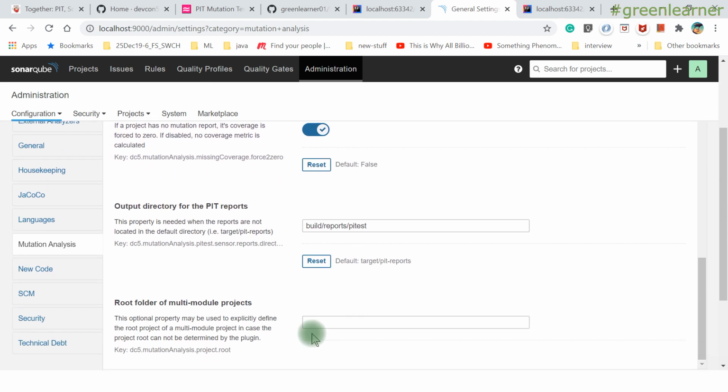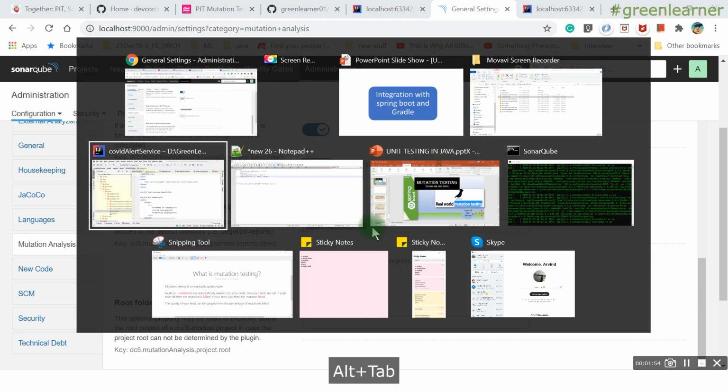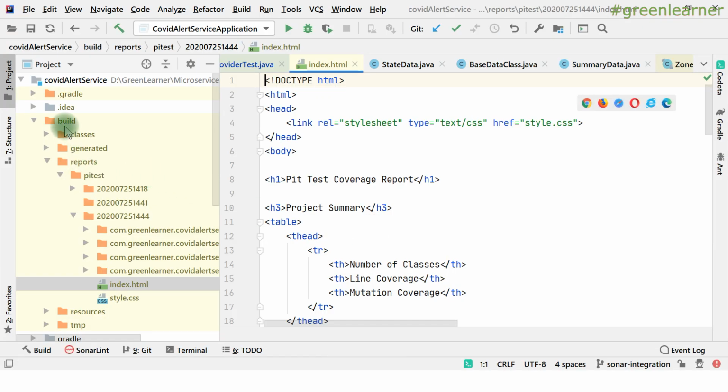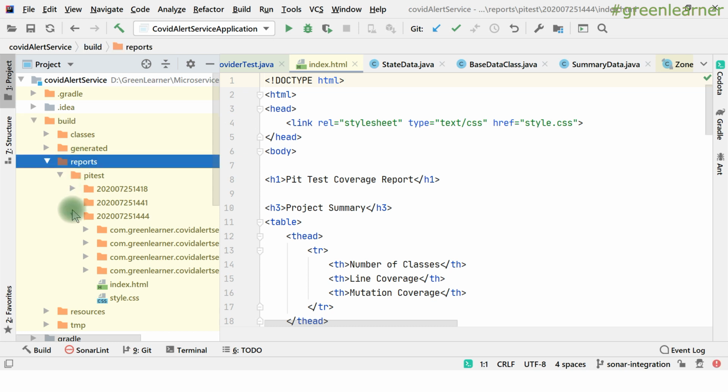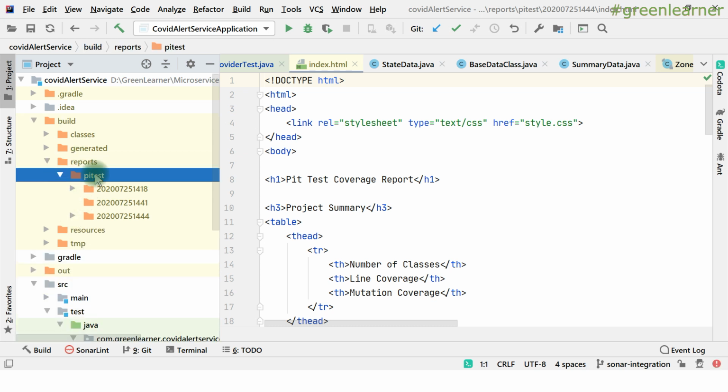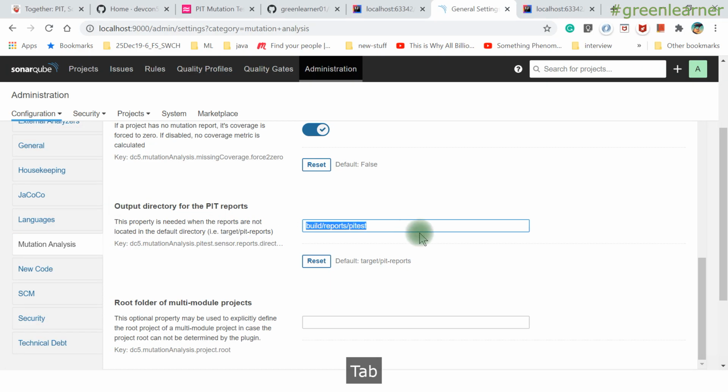And the next thing is the output directory for the PIT reports. If I show you, this is the project we have, this is the build, this is the reports, and this is the pitest directory. So this is the location where the PIT report is dumped, right? So that location I have to set.